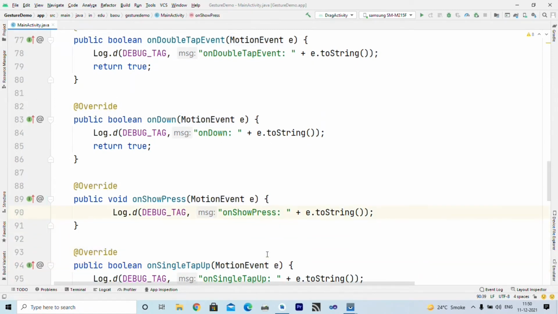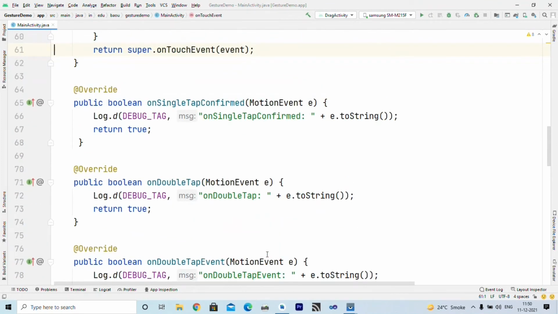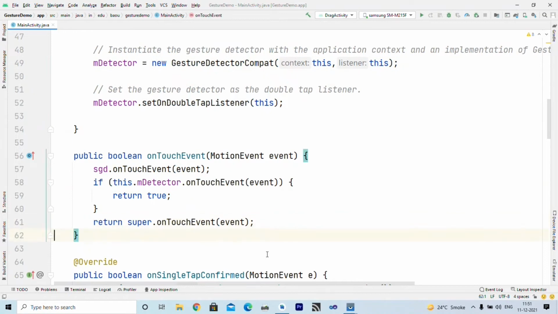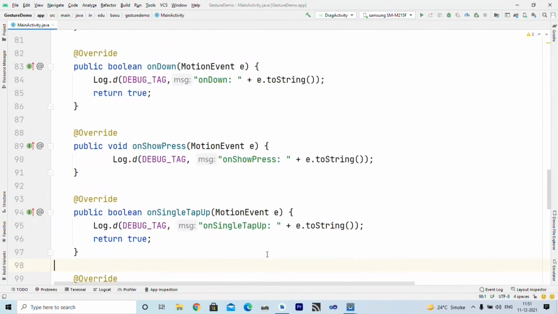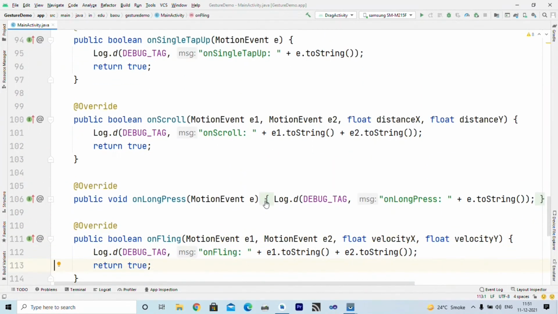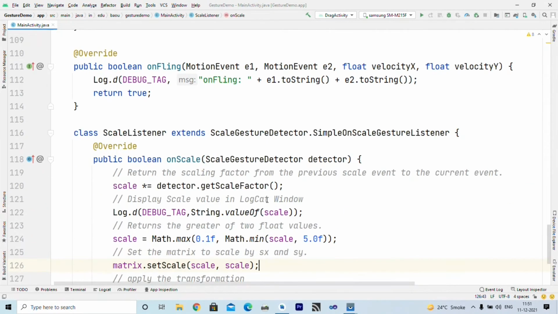So whenever this event occurs, I want to just display a message inside the Logcat window so that I can know which event occurred or what action the user has taken. So accordingly I display messages inside the Logcat window. Similarly we have onLongPress, onFling, etc.